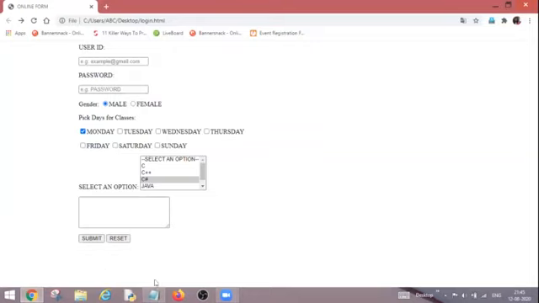Now I'm going to tell you why we need to create a reset button. So let's start with filling in the details. I'm filling in my email ID and I'm setting my password as Neha12. Now if I click upon submit, the values will be submitted to the processing form. But if I click upon reset, what will happen? Please observe it carefully. I'm clicking on reset. Now the values which were filled in by me have disappeared, and in place of that, my placeholder, which is set as a default value over there, has appeared.